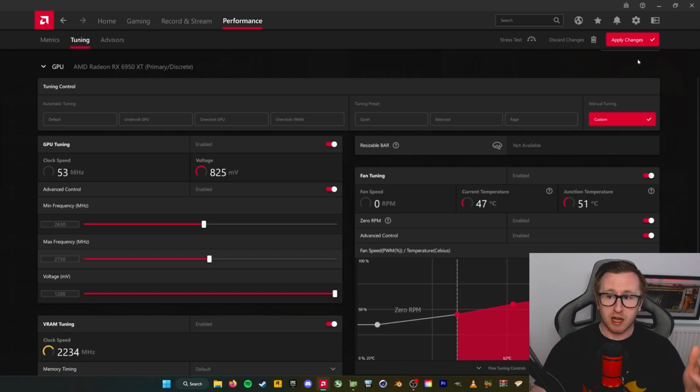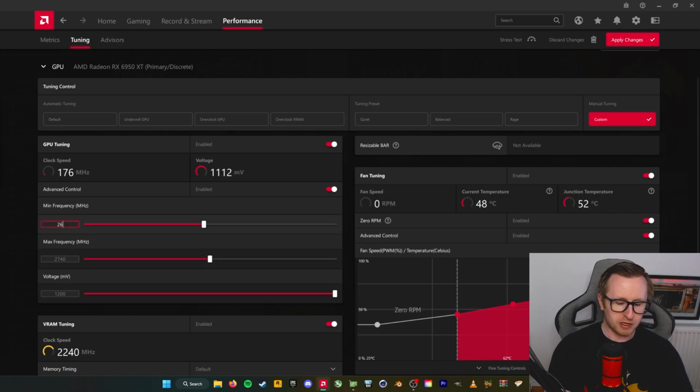And then you can click apply on that, and then you can go into any sort of synthetic benchmark or even games that you like to run. Test that, make sure it's stable, and then once you know it's stable, come back into the overclocking software and increase it bit by bit. So we could go again, 2740, 2640, and then apply again, and then just keep going through until